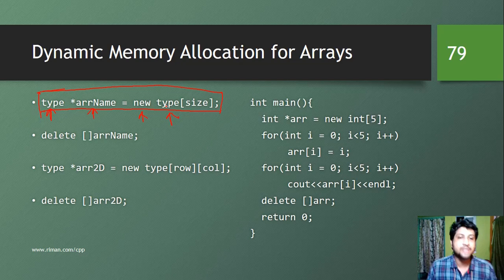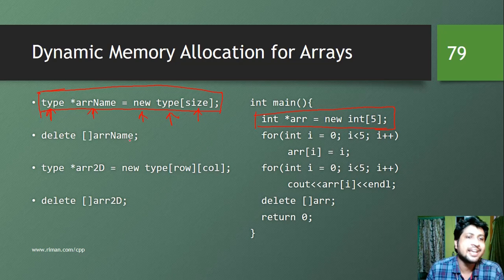The two types should be the same, and then you mention the size. For example, consider this statement: int *arr = new int[5];